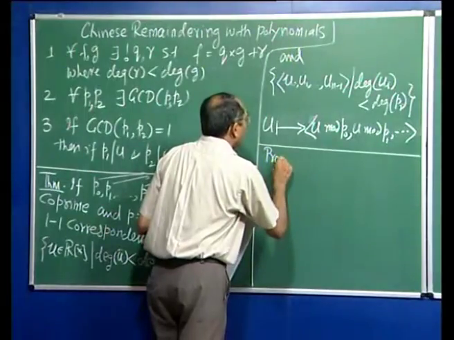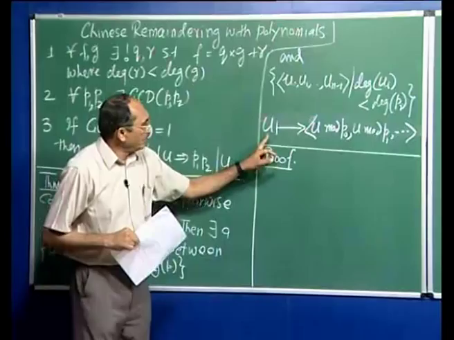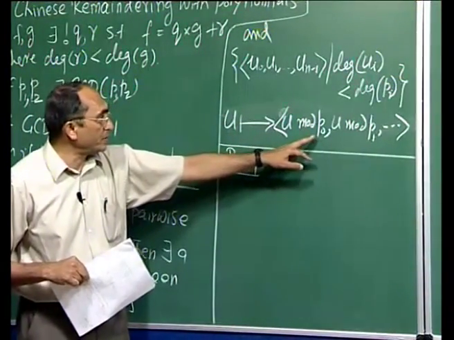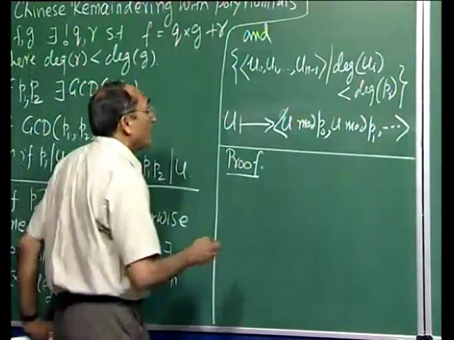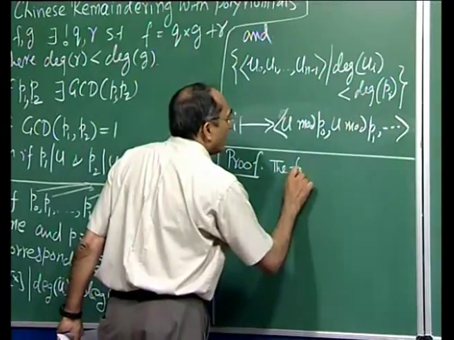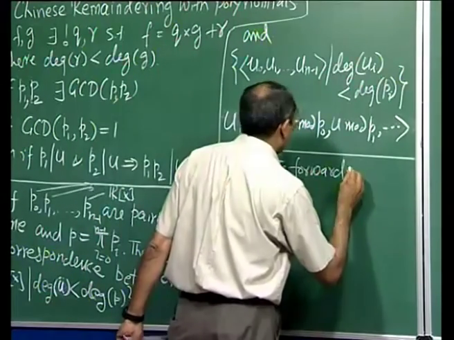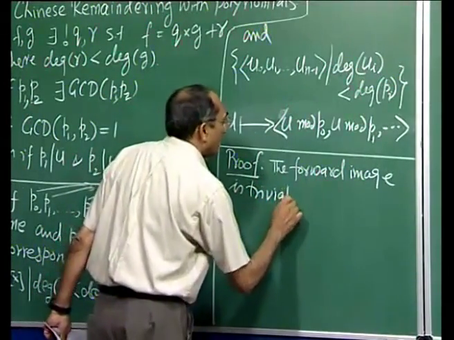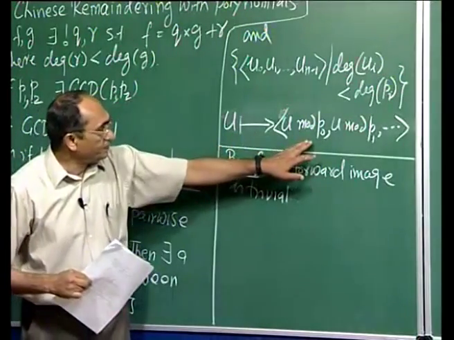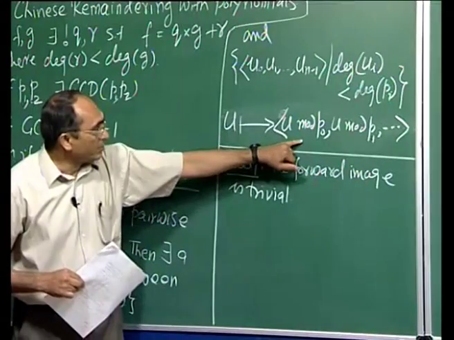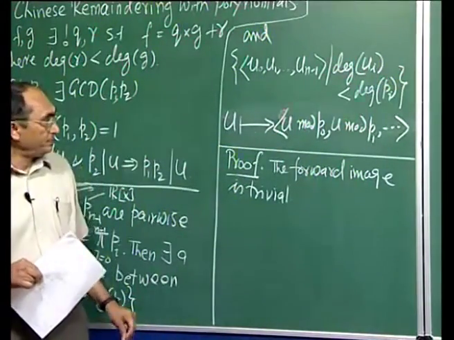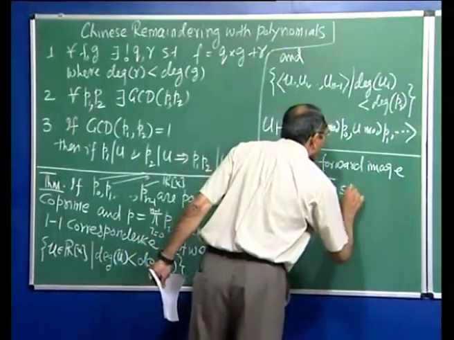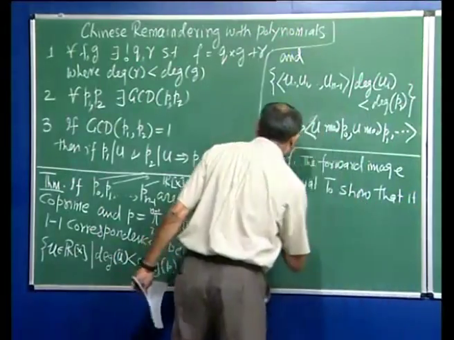So this correspondence is unique, and the proof: it is easy to establish that for every u we have such a tuple, because all we have to do is compute the remainder of u with respect to p0, p1, p2 and so on. So the forward image is trivial. What we have to show is that this map from u to this tuple is one-to-one, and then we will show it is onto. Now, to show that it is one-to-one,